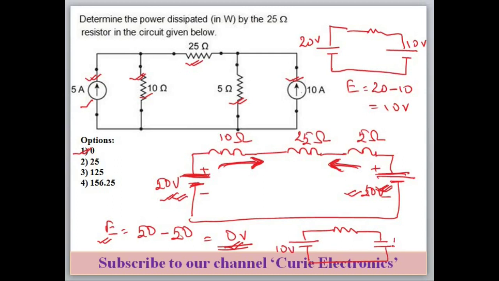If suppose in any circuit it is like this: here it is 10 volt, here it is 5 volt, and here it is 2. Here you can see this is minus, this is plus, this is minus, this is plus. Here these voltage sources are additive. Why? Here it is going minus to plus. If you come this side, here also it is going minus to plus. Suppose this is your current direction. Here also you are going minus to plus, and here also. So both have the same polarity. Here what will be your E? 10 plus 5, which means 15 volt. If they are opposing each other, then you have to subtract. If they are adding to each other, then you can add. Okay. So here the answer will be 0.